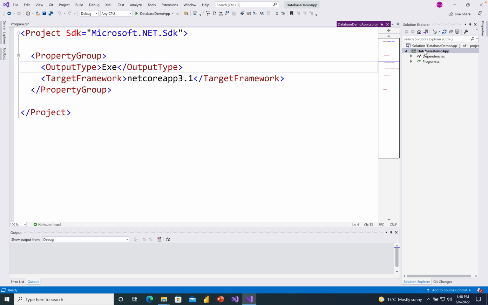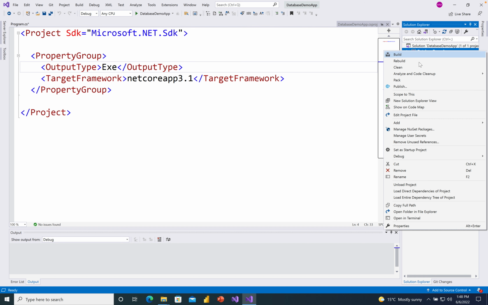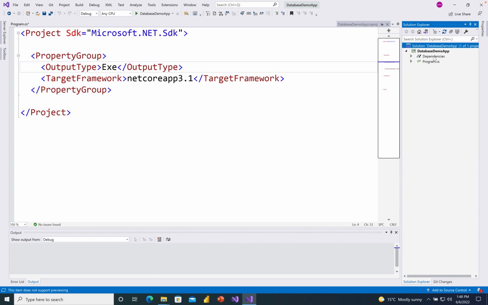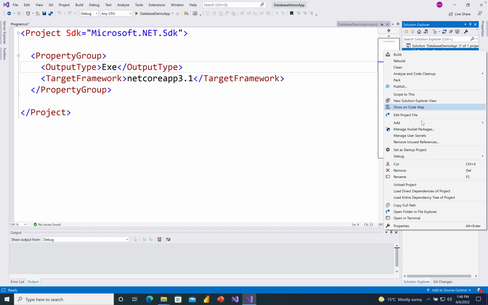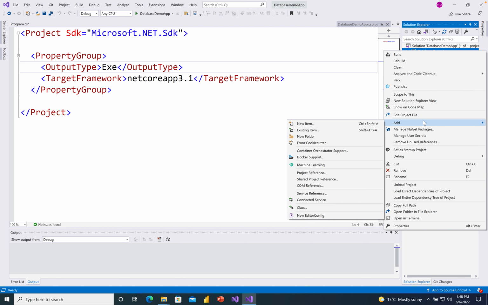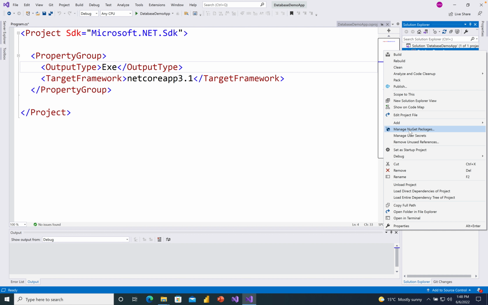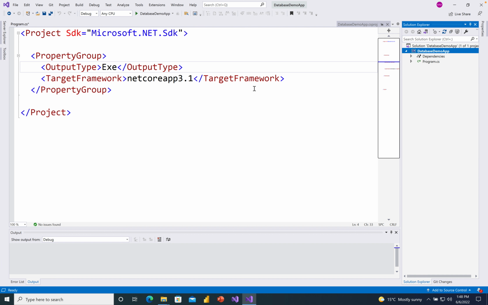Okay, anyway, so we can right click on that specific project name. This is our solution and this one is our project. So we right click on our project name, we go to Add. We have the Manage NuGet Packages. So we open Manage NuGet Packages,